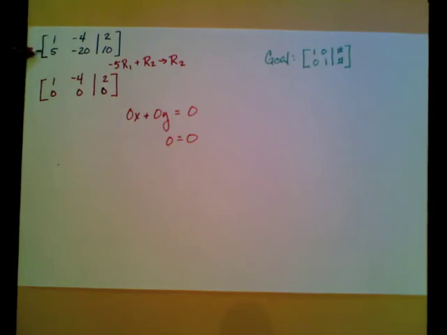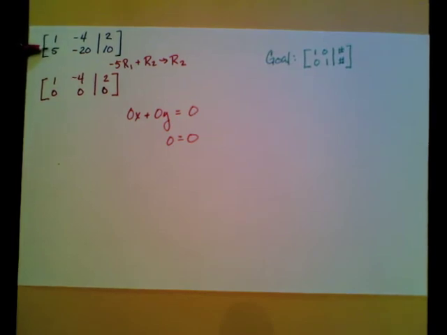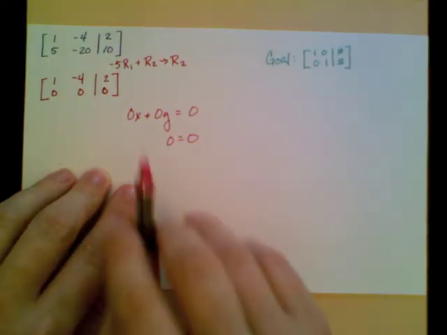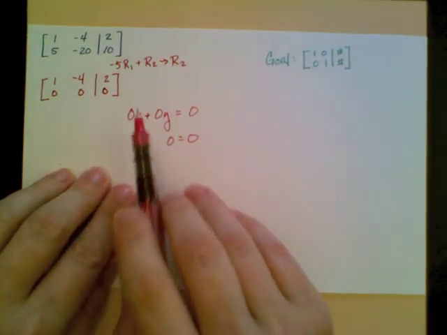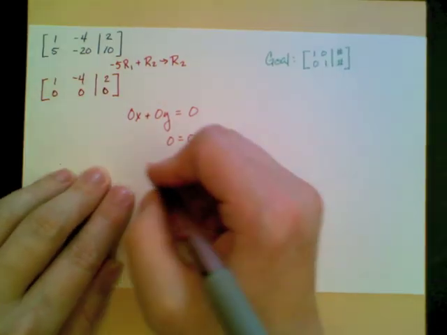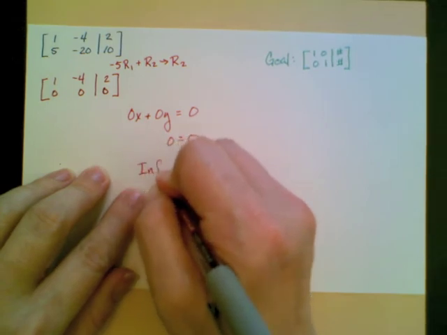And if you look at it, you can tell that the second equation is just the first equation multiplied by 5. So here we have two dependent equations because they have the same graph. If you were to graph these both, you would get the same graph. One is just a multiple of the other. So there are infinitely many solutions